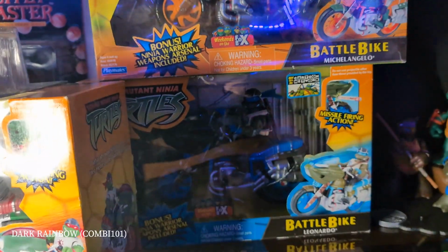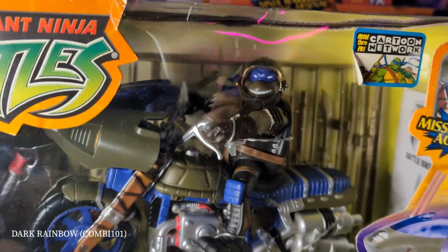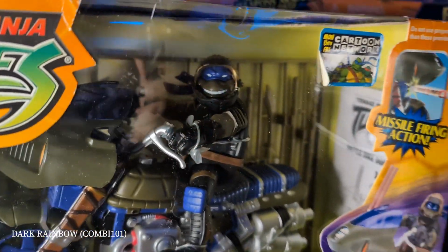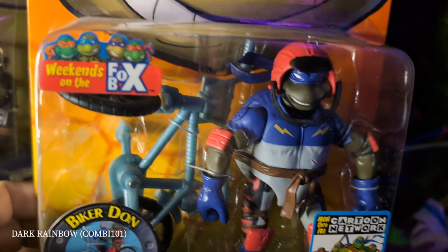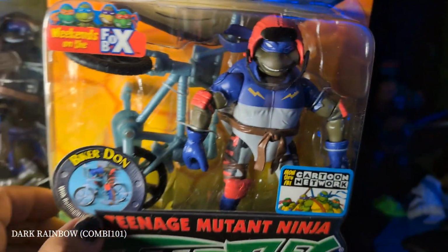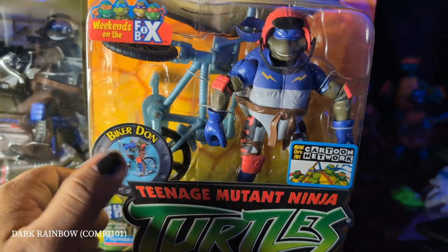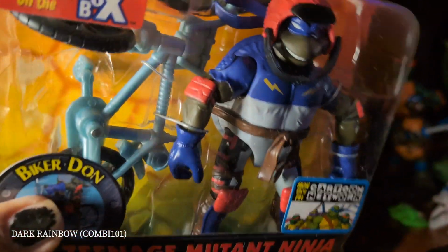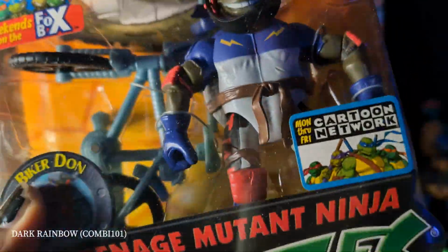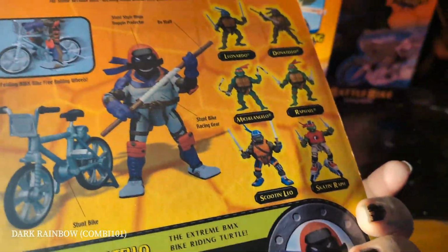Yeah, jeez. Now we got Donnie. We got a good old Donnie over here, all biker-like. And I gotta say, they didn't do that with this guy. As you can see with this one, this was biker Don. This one comes with a nice bike, and I don't see his bow staff. Yeah, the bow staff on the back. See that? There's a bow staff in the back, but